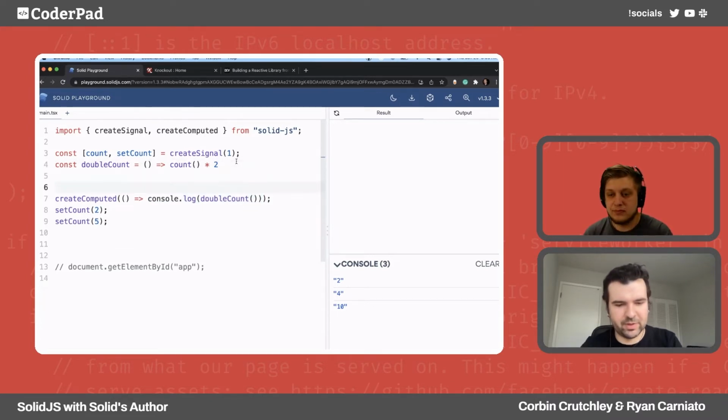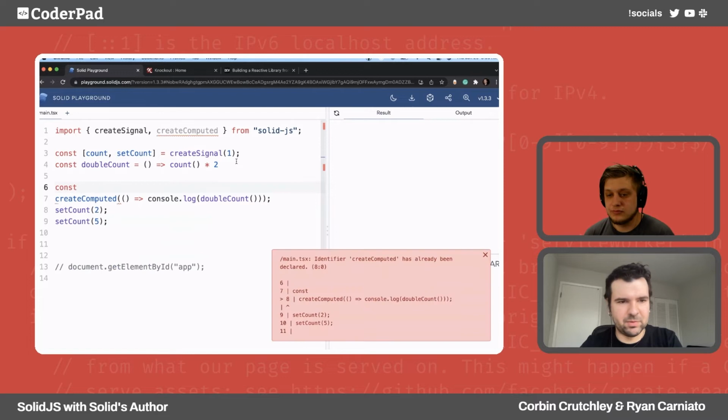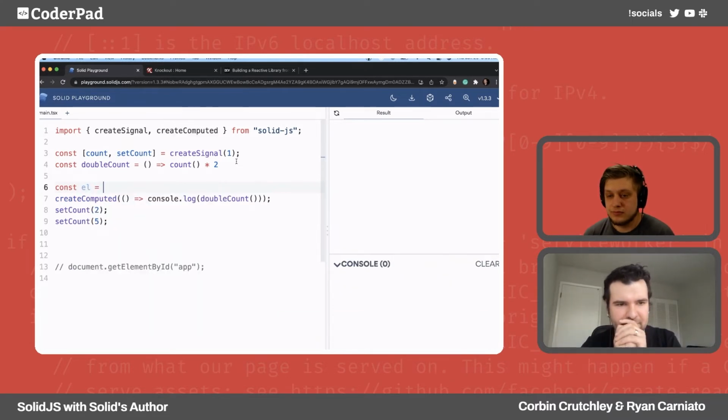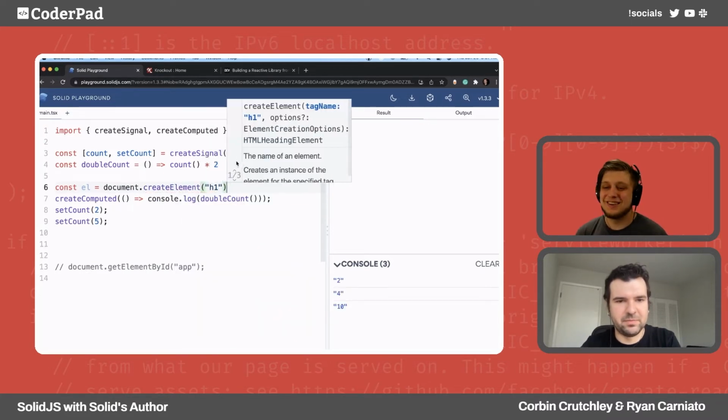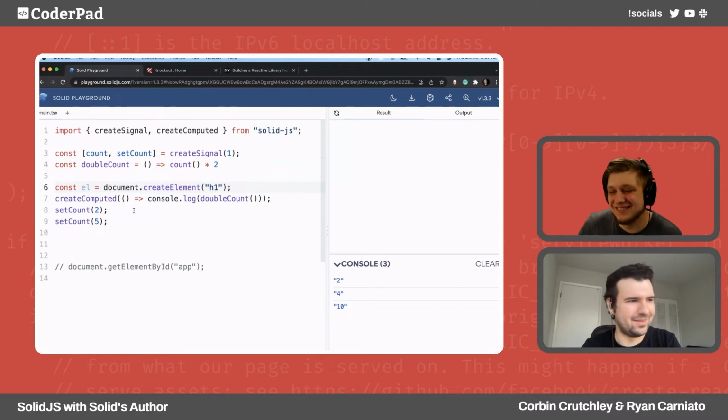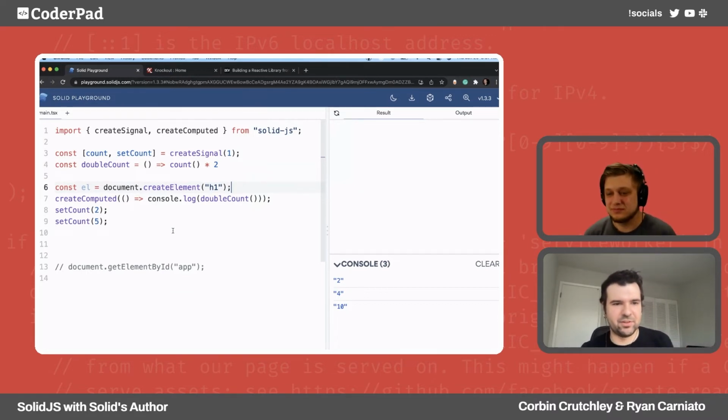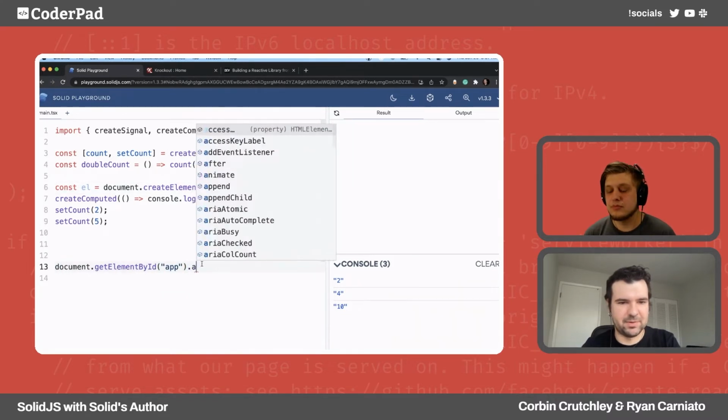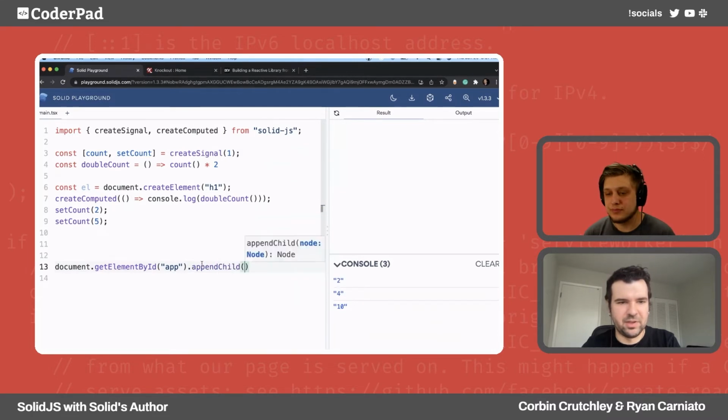What if, and this is some DOM API, we make an element? Let's make a document.createElement, an H1. People don't always use this, but we're just doing vanilla JavaScript here. We've got this element, and let's append it to our document. This is our mount point that you've used in React, but let's just go appendChild our element.